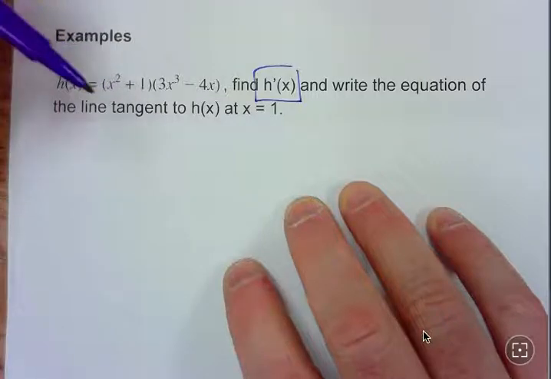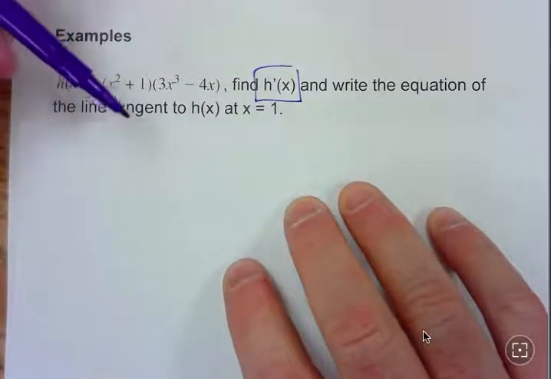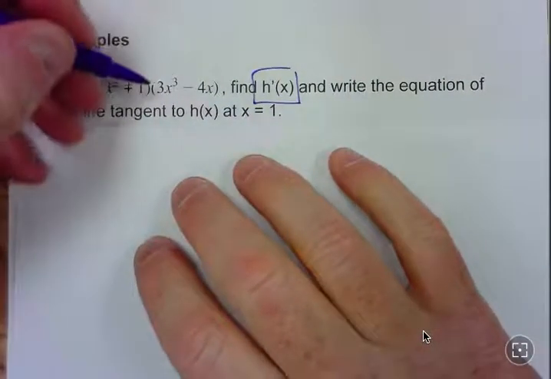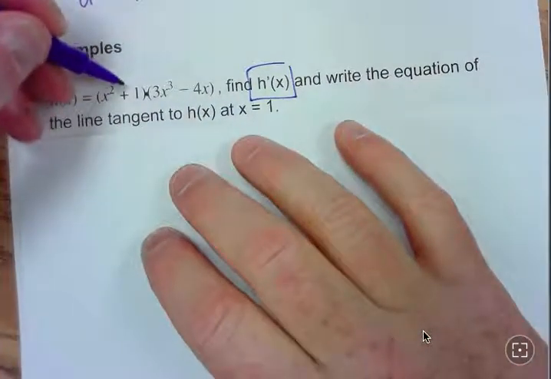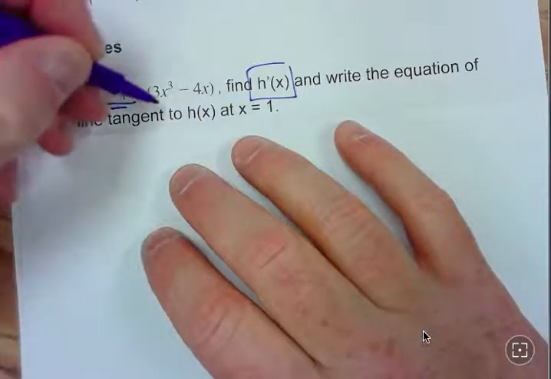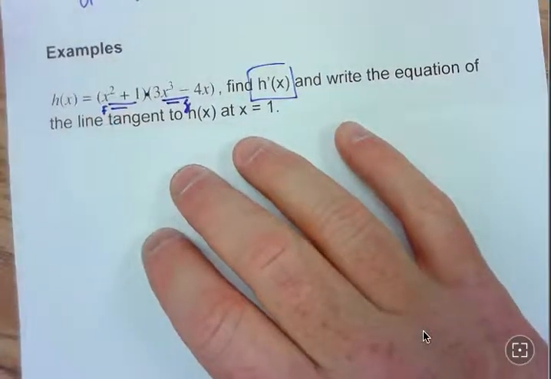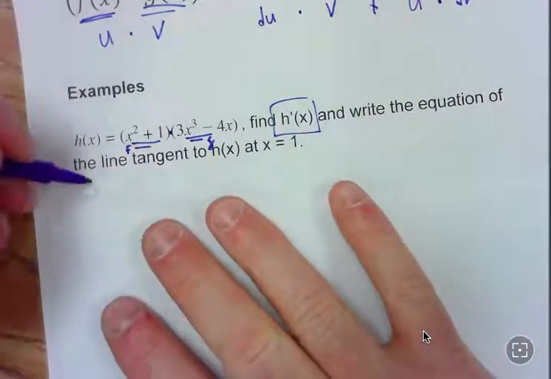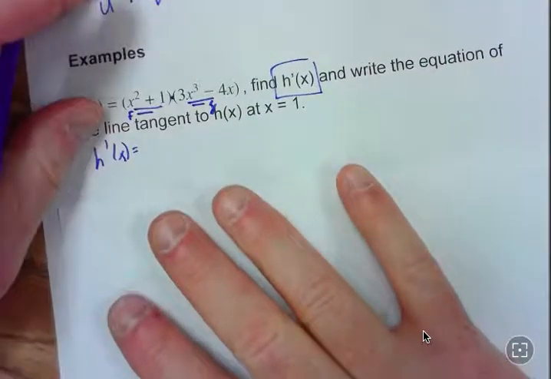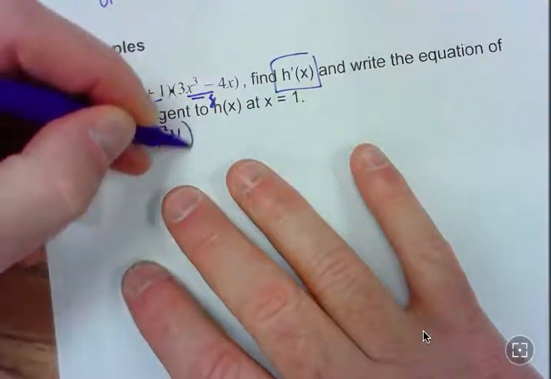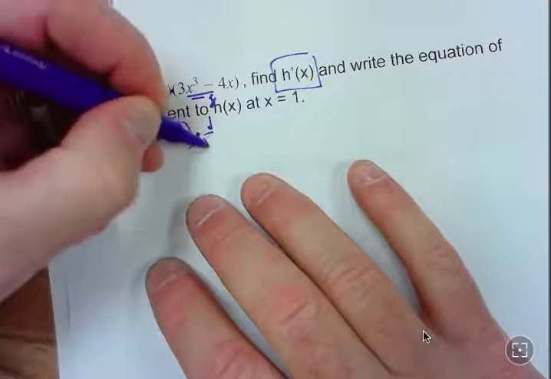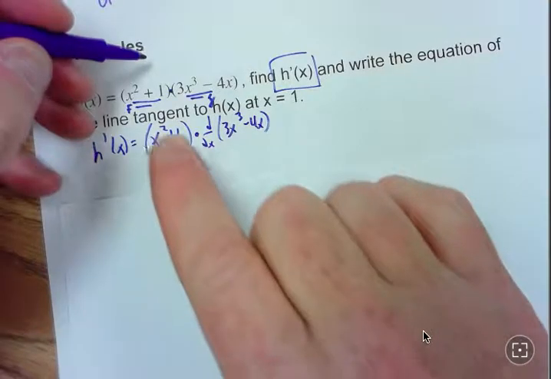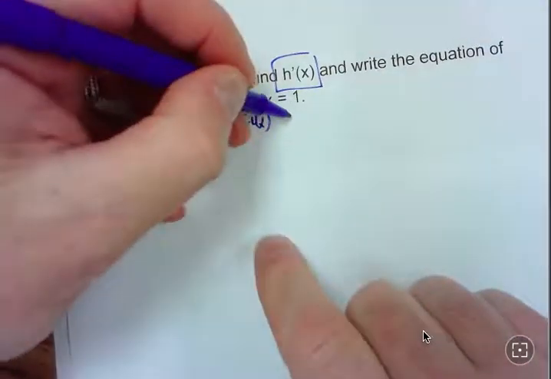but that won't always be the case. We won't always be able to do that. So it's good to start using the rules that will apply to these functions. So here we have the product of two functions. I'm going to call this one f, and I'm going to call this one g. So there's my first and second. So h prime is going to be first times, now I'm going to write it out as the derivative of the second. So there's f times g prime plus